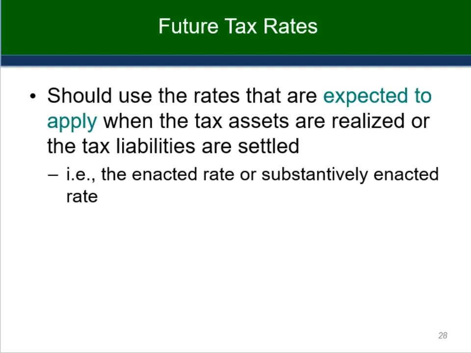So we should use the rates that are expected to apply when the tax assets are realized or the tax liabilities are settled. And so if they're enacted or substantively enacted into law, so they've been announced as a budget by the governing party, then we would adjust the tax differences, the tax assets or liabilities, to account for the